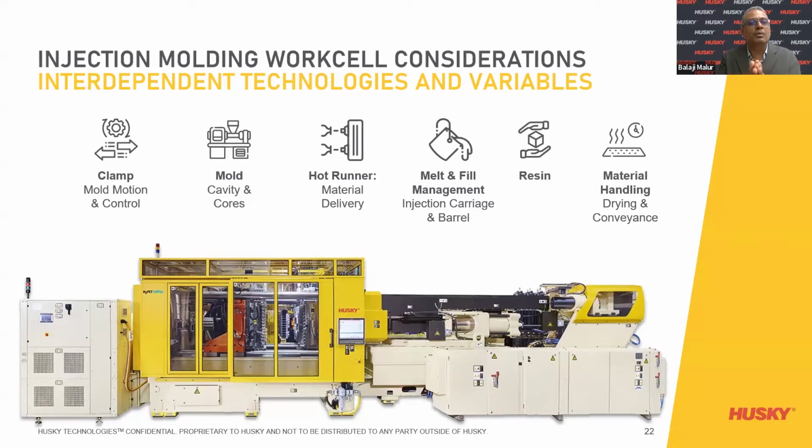And then we go with mold, cavity and pores, making sure that these are done very well. Air ventings, the design, the gate positions, these are all key from the mold point of view. And finally, let's talk about machine clamp tonnage. If we do not have enough machine tonnage,